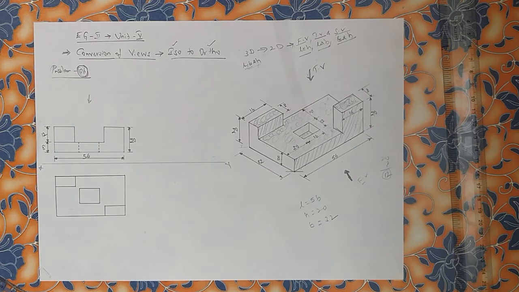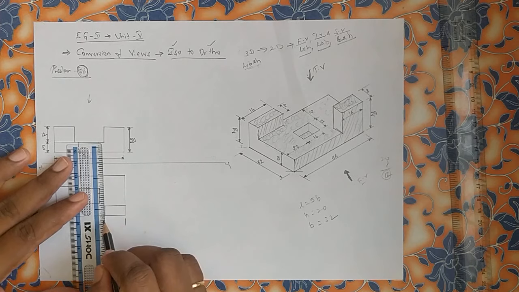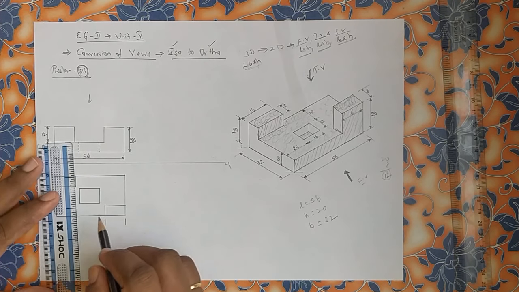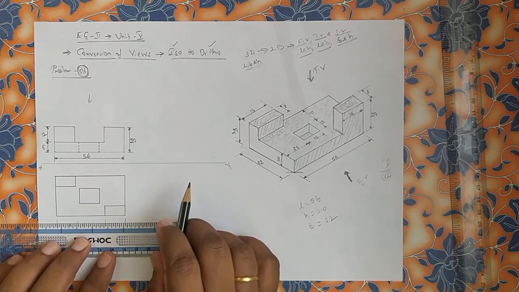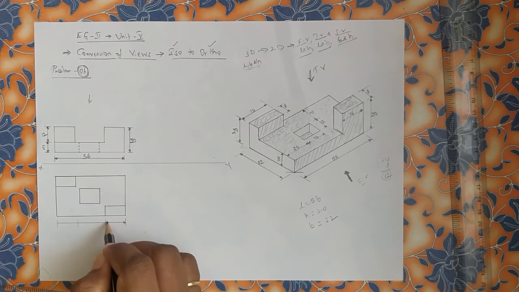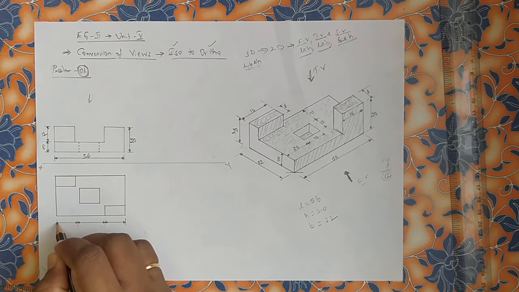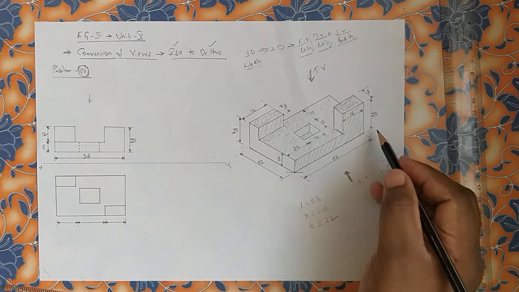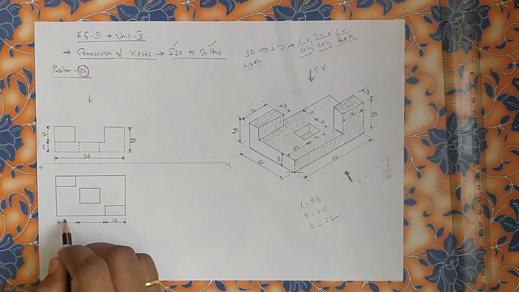Now here about dimensions. Top view you are supposed to show length and breadth. See, length already we have shown 56, but here you are supposed to show the breakups of 16. 1, 2, 3. Try to show them like this. Now, what is this? Total it is 56, but from left it is 16. From right it is 16.